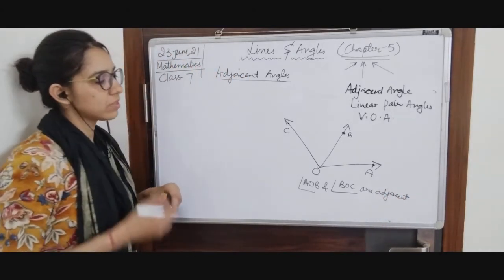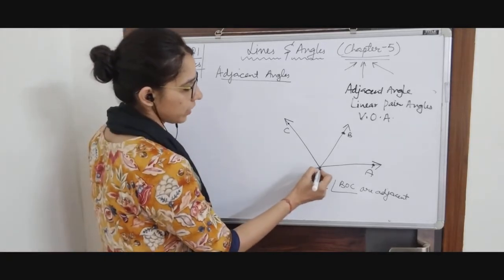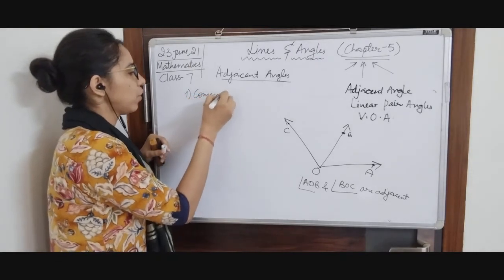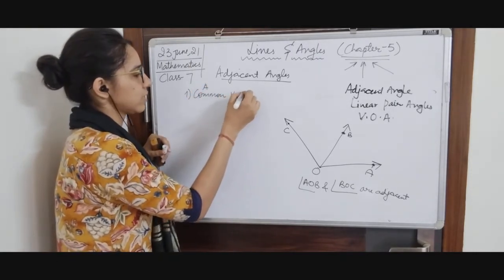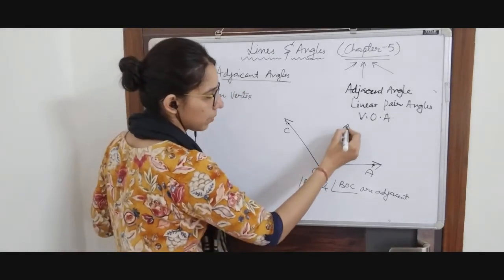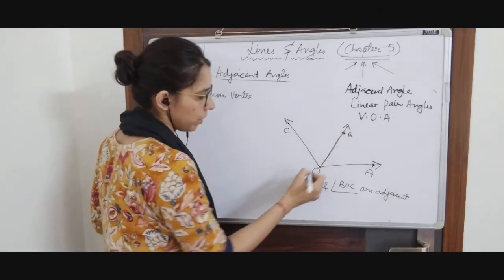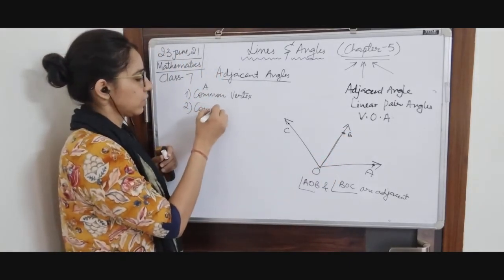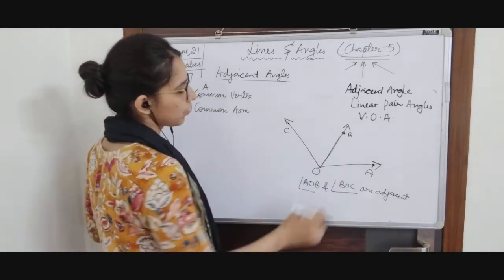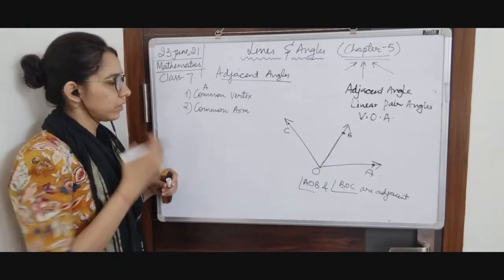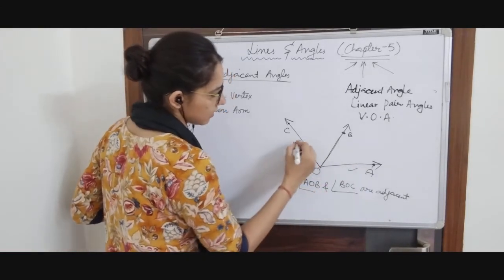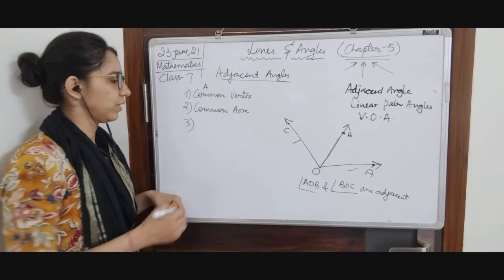Why? Because, first, they have a common vertex. Second, they have one common arm. Here the common arm is OB. These are known as the arms of an angle. Third, the non-common arms, this ray and this ray, not line, ray, are